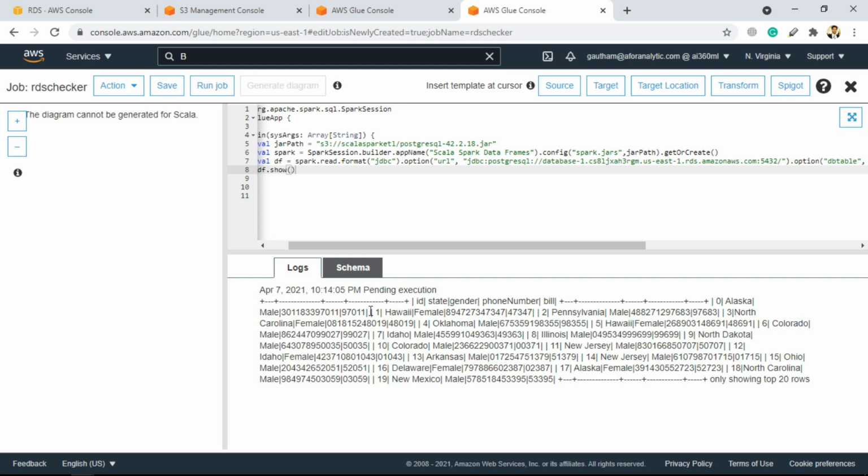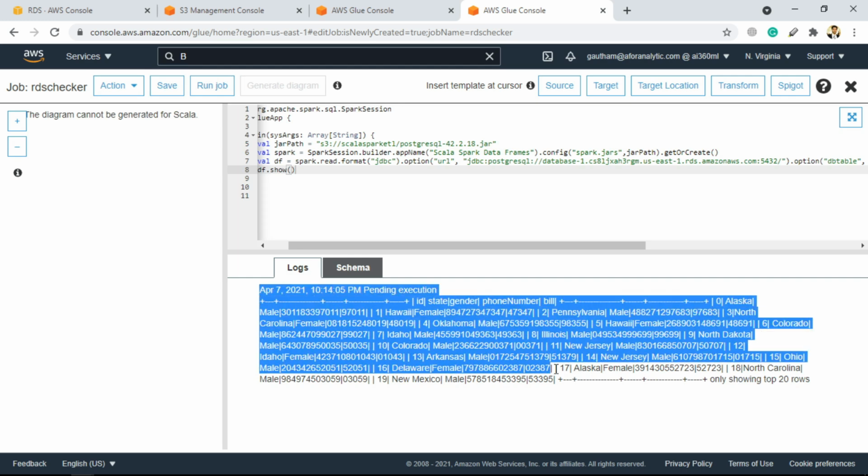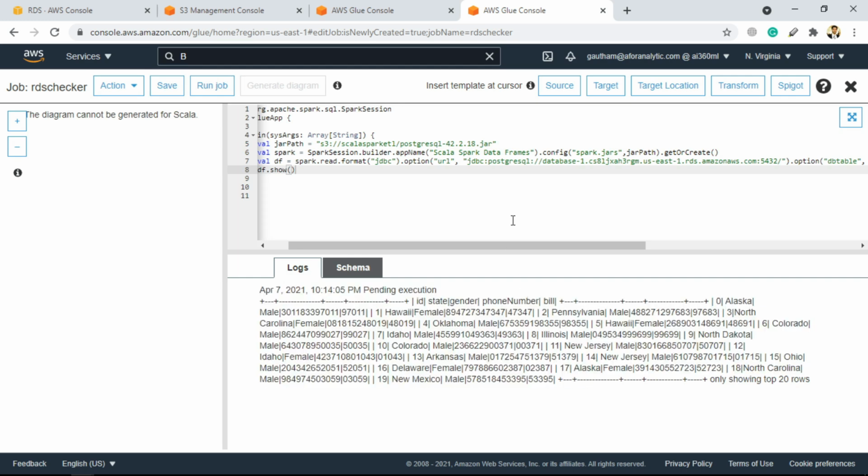So here you can see that we are getting the exact output from the RDS, which we saw in the previous code when we tried to display the data from the S3. In the previous code, we read the data from the S3, we showed that data, and then after showing that, we loaded that data inside the RDS. In this code, we are reading the data from the RDS just to make sure that we are getting the proper data inside the RDS, and when we print it, we are getting exactly the same thing that we get when we read the data from the S3 bucket.